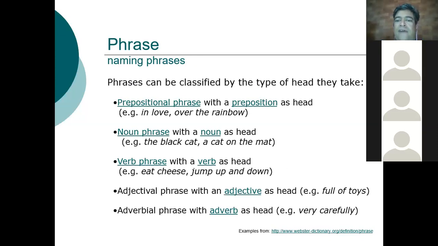Phrases can be classified by the type of head they take. For example, prepositional phrase with a preposition as a head. For example, in love, over the rainbow, porque in es una preposición, over es una preposición. Noun phrase with a noun as head. For example, the black cat. Aunque cat está